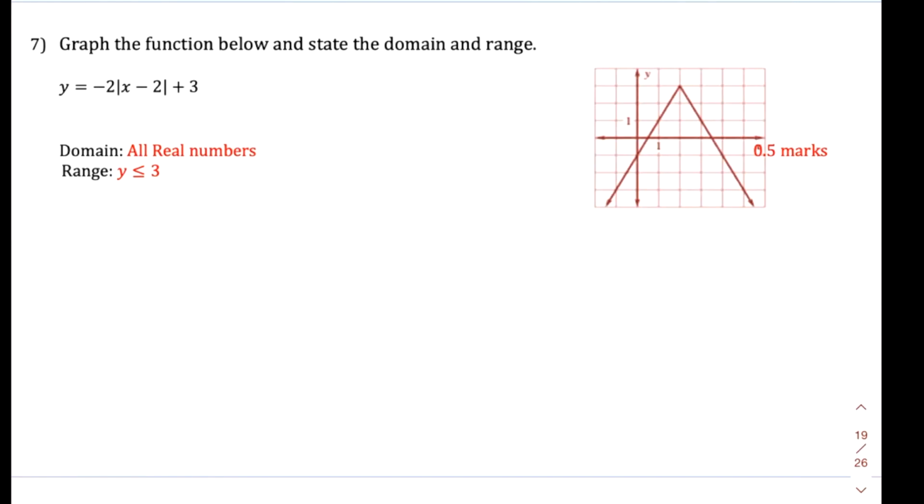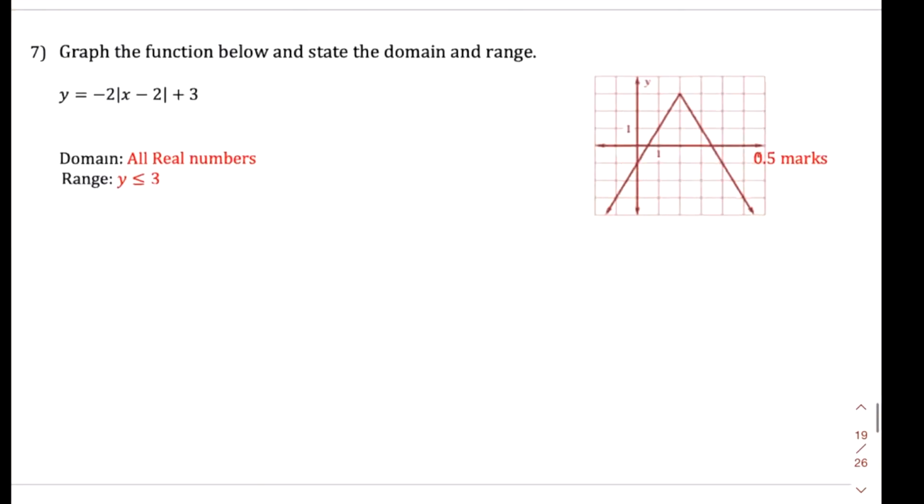So let's explain this one. Graph the function below and state the domain and range. Here's your function. Domain, absolute value or in numbers. You don't need to think. A range after you graph. After you graph, you get the range. So you cannot state the range before you graph. And if you remember,